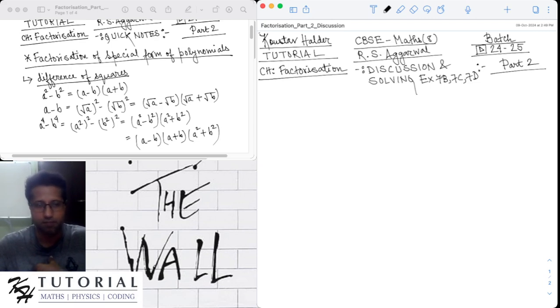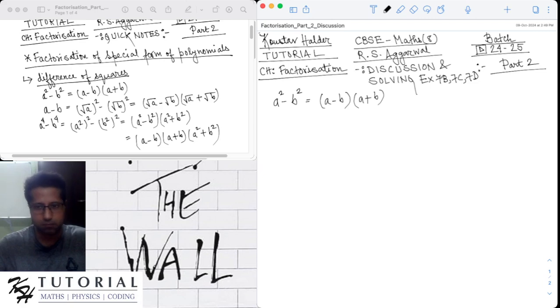difference of squares. Now, if you see any polynomial of the form a square minus b square, then you know from the algebraic identity that we can write it as a minus b multiplied by a plus b. So we factorize a square minus b square as the product of a minus b and a plus b. Now also remember that